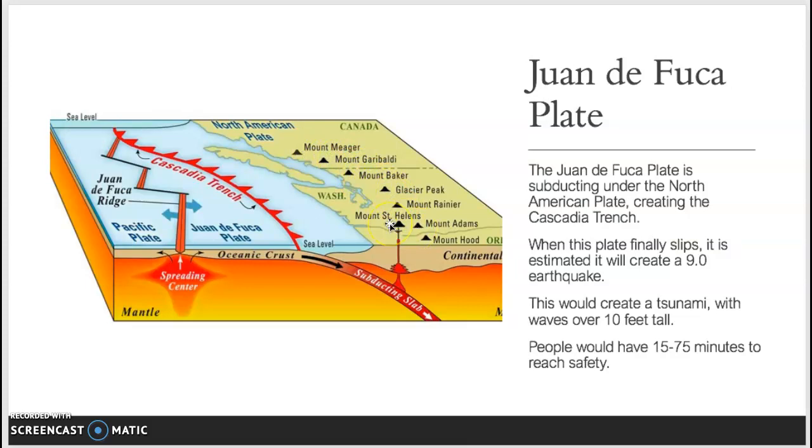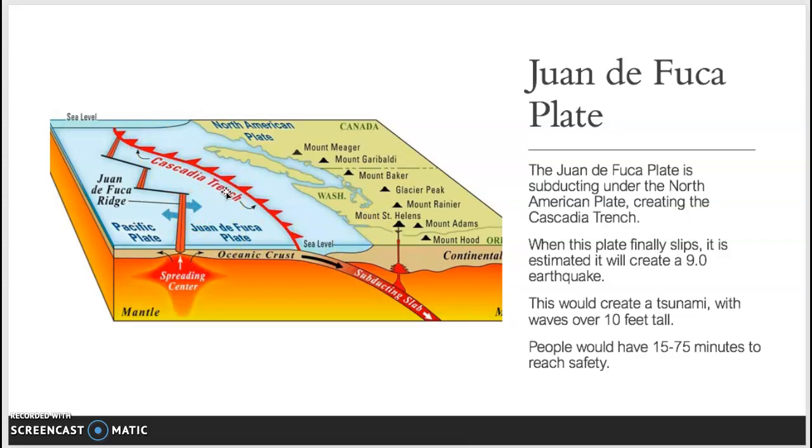All of these mountains were formed from volcanoes. So Mount St. Helens, for example, erupted, and that was a drastic eruption. I believe it was in 1985 or 83. I'd have to fact check the year. But that was caused by this Juan de Fuca plate melting down and pushing up close to the shore. So the fear is that this